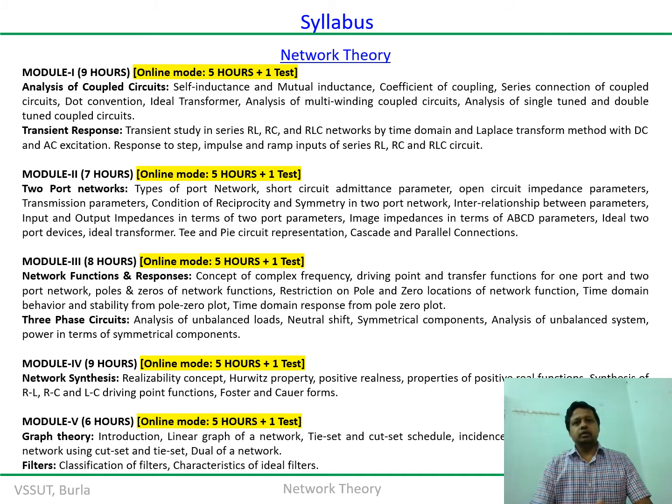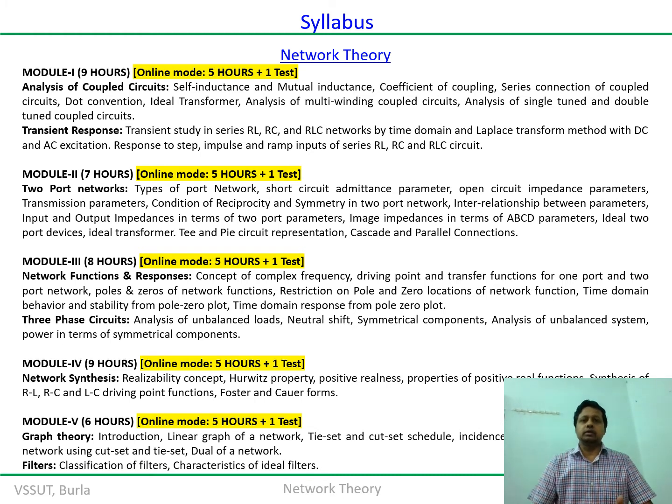Now, when we talk about the network function, it is primarily assumed that all the passive elements, that is the inductances and capacitors, are uncharged. In other words, it is assumed that no initial condition exists in the network, except for dependent sources, in the form of a current source or voltage source, which we can consider, but not a charged capacitor or charged inductor. So that is the constraint when we talk about the network function.